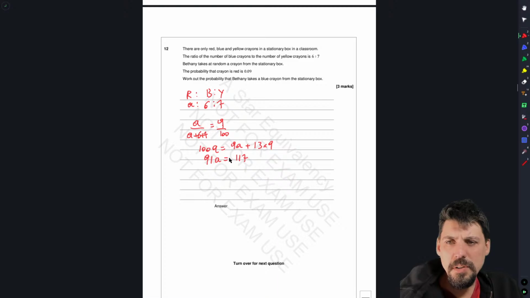This is an interesting question. Am I overthinking it? So if the equivalent number there is 6 to 7, which is 13, so A plus 13,